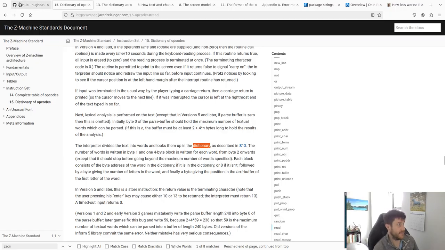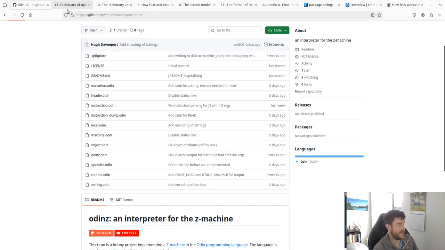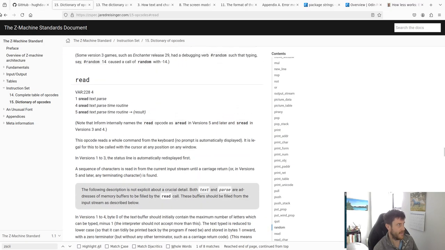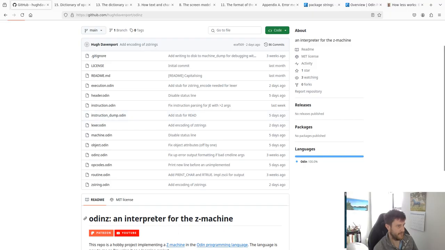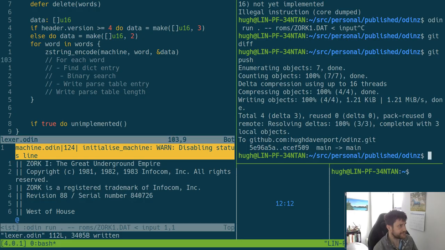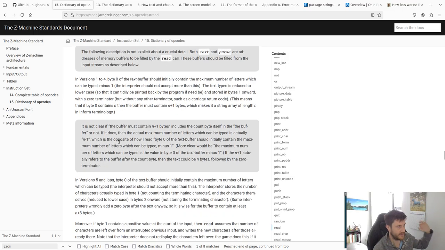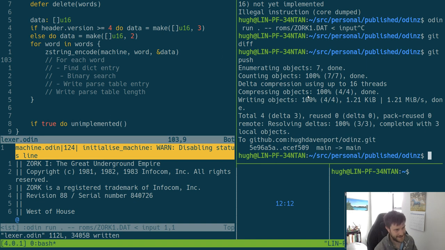Hopefully going to be finishing off the read instruction of my virtual machine for the Z machine. So we've got most of the way through the read instruction. It's quite a complex instruction, I guess. There's a few different things doing it. It refers to the three different parts of the